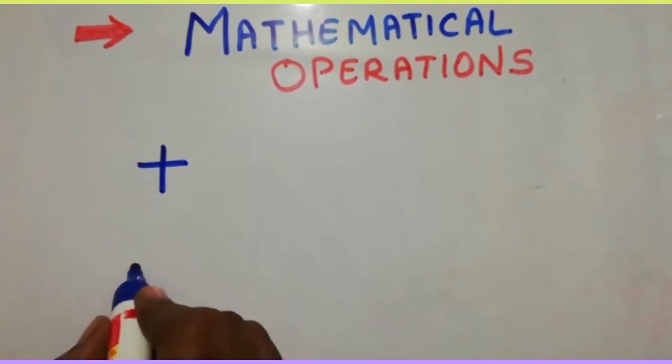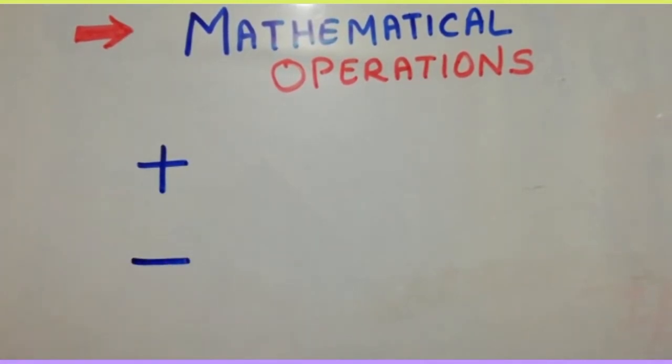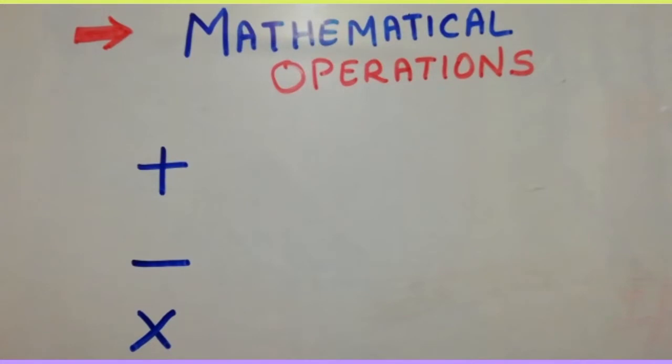Next one is this one. See this, which is this operation? This is subtraction. When you want to take the difference or subtract two or more numbers, you use the sign of subtraction. Next operation which you have studied is, what is this operation? Multiplication. Or when you want to take the product, means multiply two or more numbers. You are taking the product of two or more numbers. You use this operation of multiplication.